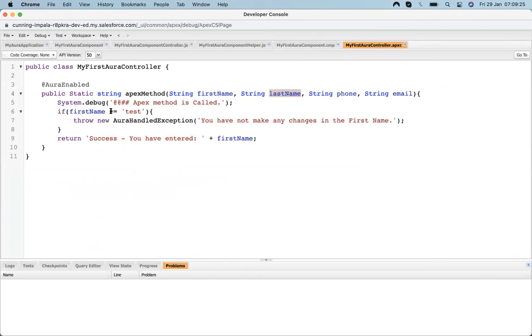Okay, it will accept. Now I'm going to insert those details inside Salesforce. So let's insert the details.